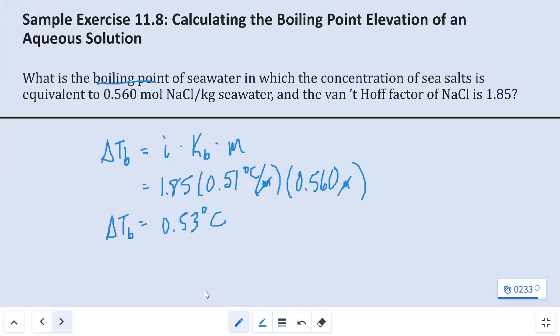Now, an important thing to note right here. We are not done with this calculation. Remember, the question has asked, what is the boiling point of seawater? If I stop right here and put in 0.53 degrees Celsius, what I am saying is that the addition of all of that salt in the water has caused the boiling point to drop by 99.5 degrees. That's not what we mean. Remember, this only gives us the elevation. This only gives us how much it went up. We still need